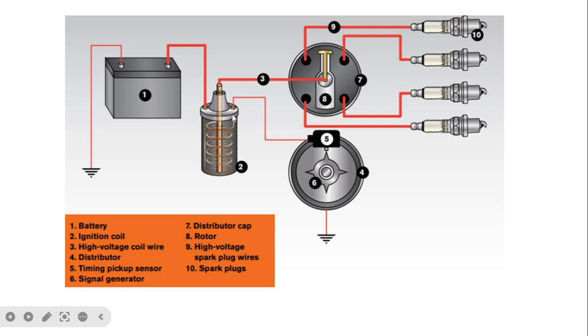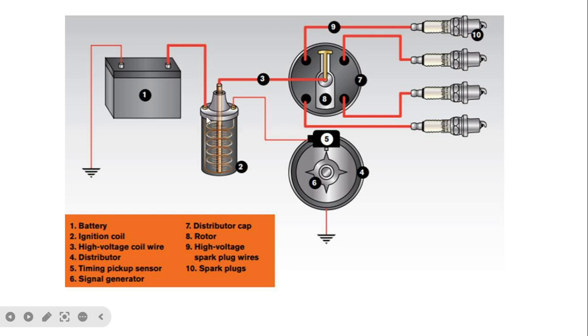And what is the function now? This works as a transformer. It has a primary coil and secondary coil, and this is called the ignition coil. Due to this, all the operation happens. Now this battery is of 12 volt. Now how will we create 30,000 volt in this ignition coil? Because to get a spark here, we are required to create 30,000 volt by using this coil.